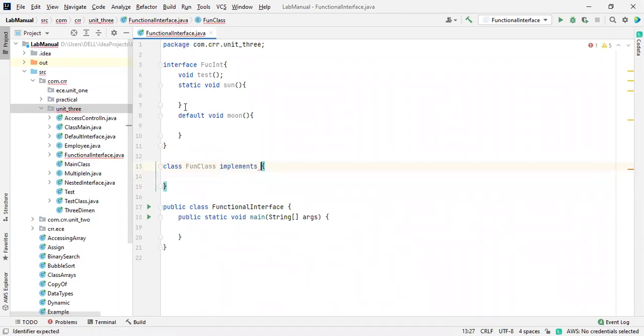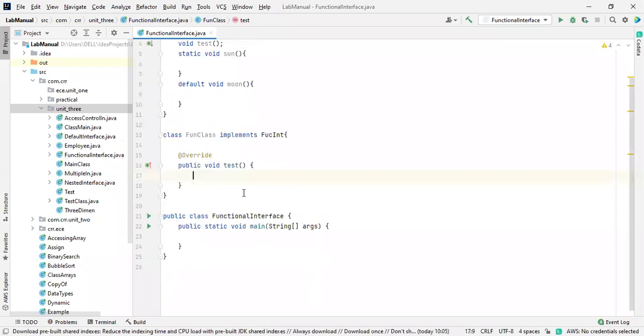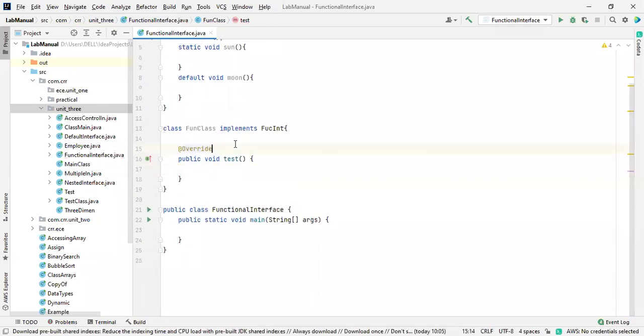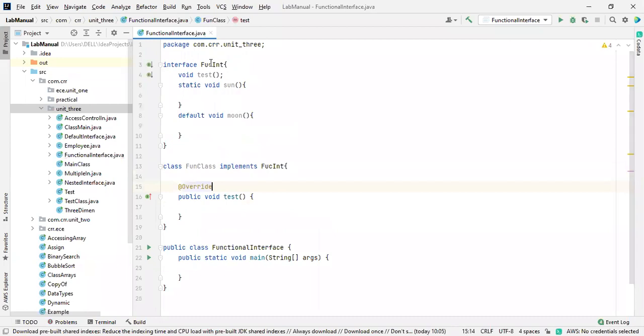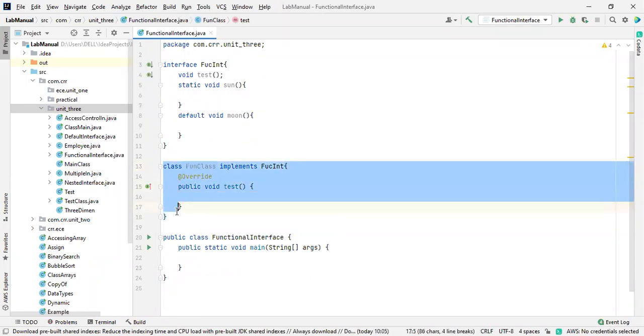I'm going to call this interface using the keyword implements and then FunctionInt. So by using it, we are going to implement over here. Only I'm going to use this one right now. This is what we discussed previously, but in the sense of functional interfaces, for the examination point of view or for the representation point of view, we are going to implement this inside a main method.